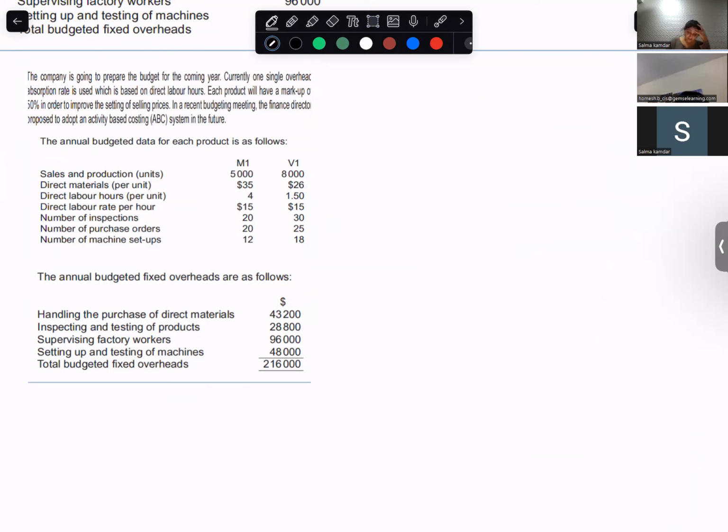You have two products, M1 and V1, and this is your total overheads cost. It will be split based on four things: handling the purchase of direct material,